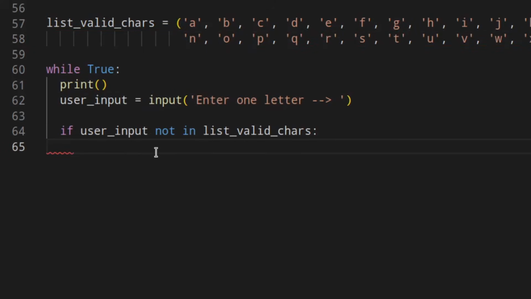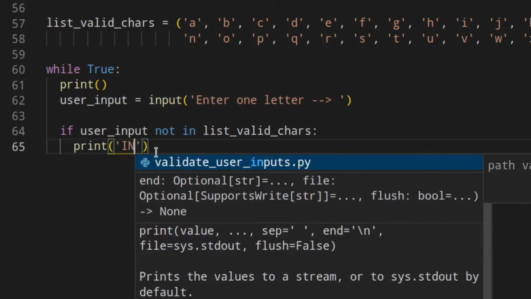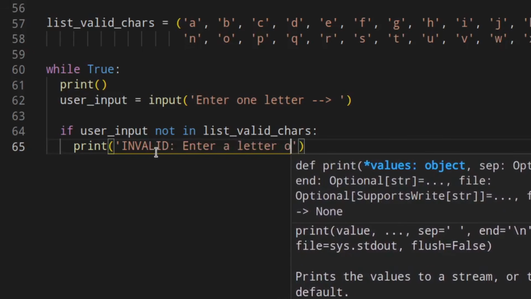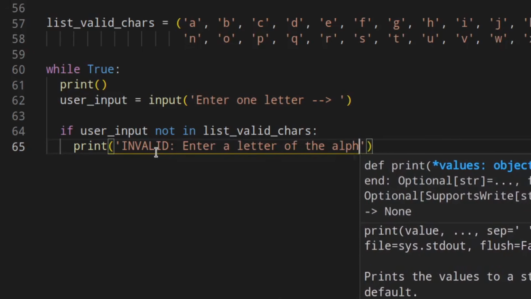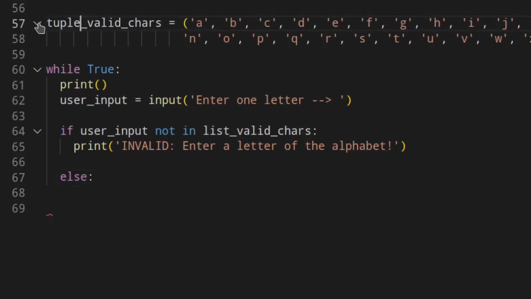If user input is not in the list of valid chars, we're gonna print invalid. Then if the user input is in this list, which is actually a tuple, let's call it tuple, a list would work as well, so no worries.